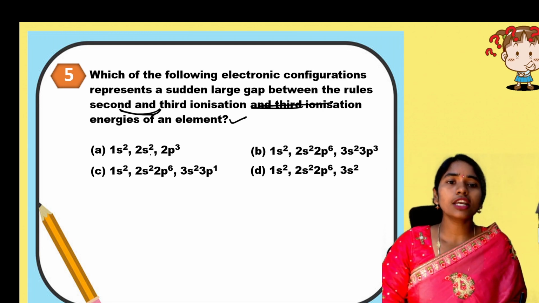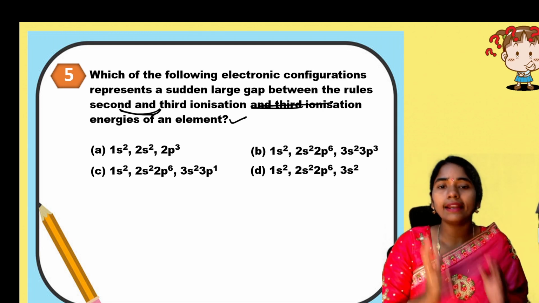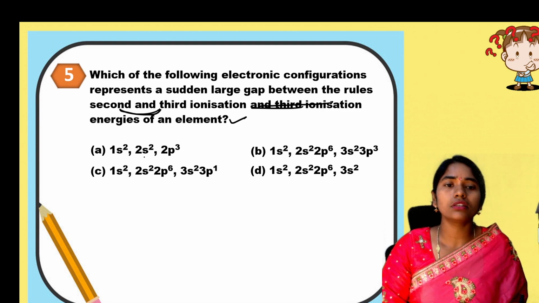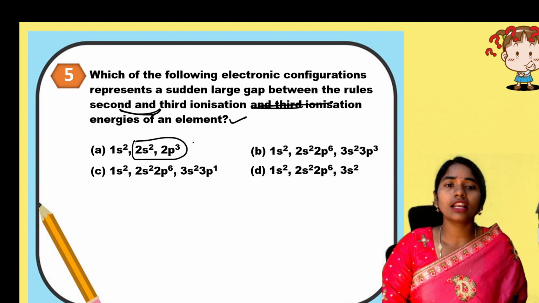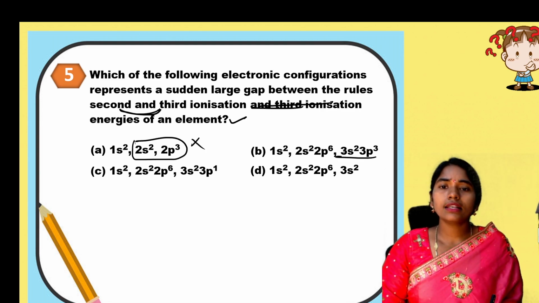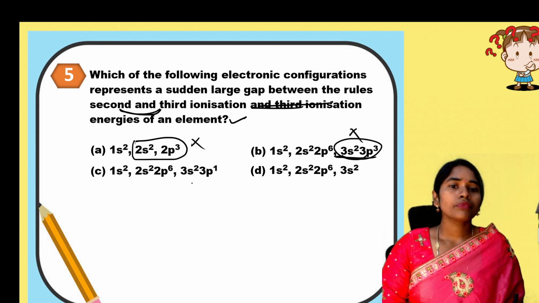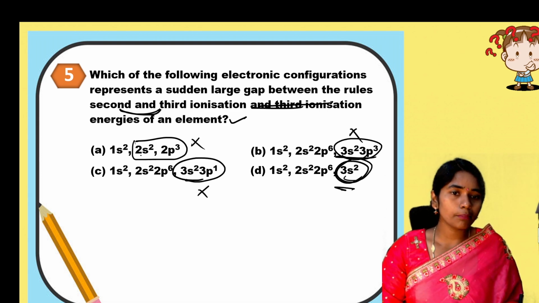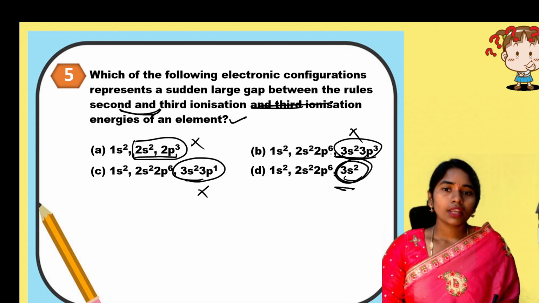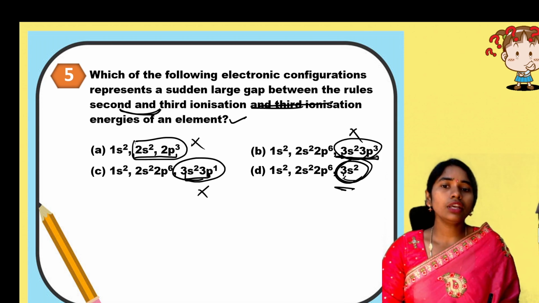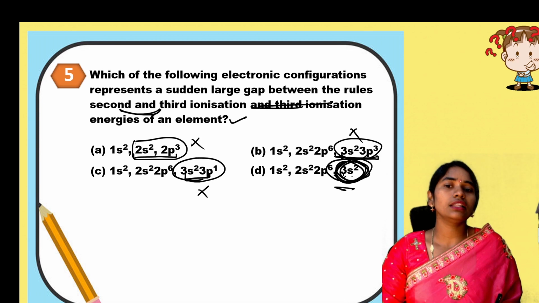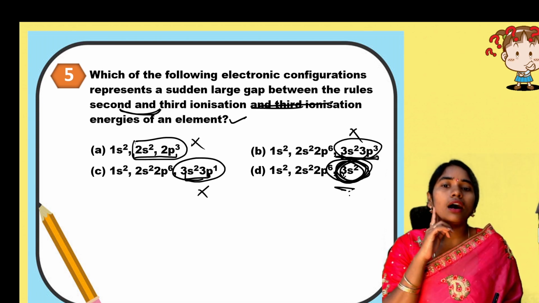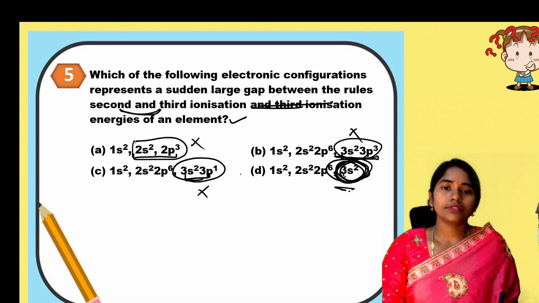So see, in which case there are 2 electrons in the valence shell. Just for identification I have kept commas here. Here 5 valence electrons, no, and this is 5 valence electrons, no, and here 3 valence electrons, no. See, here only 2 valence electrons. Just see the number. Valence shell is 2 here, and 3 here, and 3 here. So only here are 2 electrons present in the valence shell. That's why this is the correct answer.